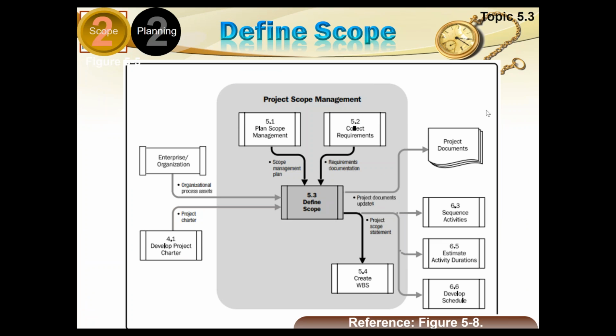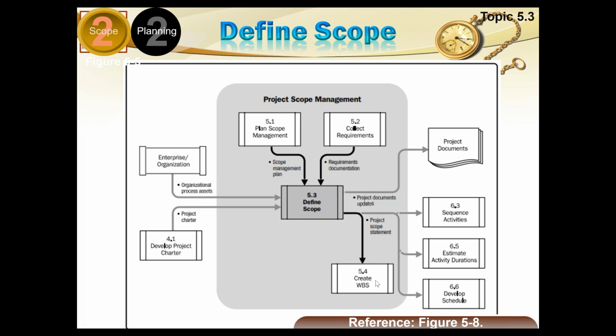Okay, so this process defines scope. We have the scope management plan, we have the requirement document, we have the organizational process, we have the project charter from 4 different places. These inputs are coming, 2 from within the scope and 2 from outside. Then what is it producing? It is producing the project document update. Update always goes to the project document archive and the project scope statement. It is